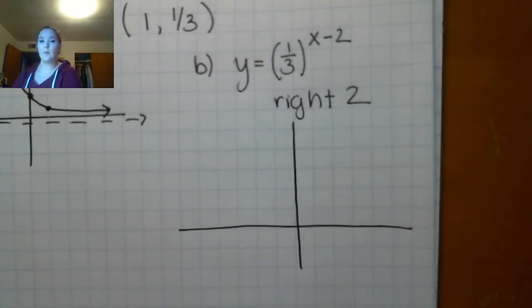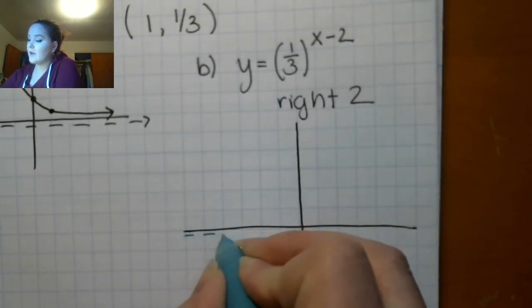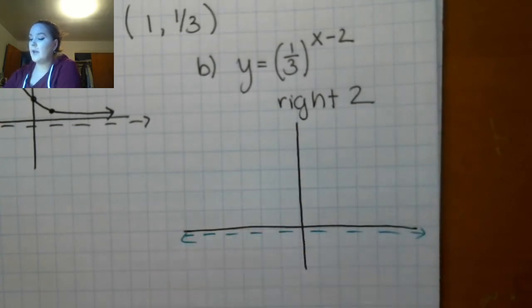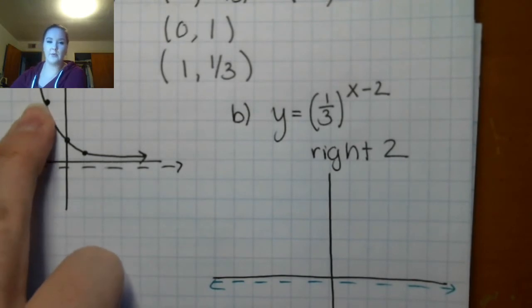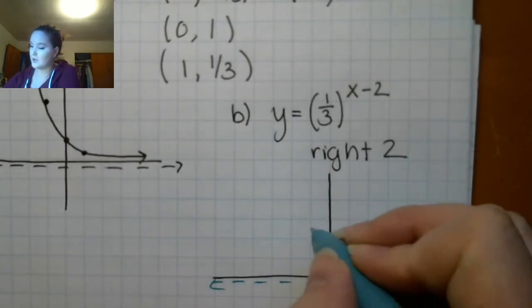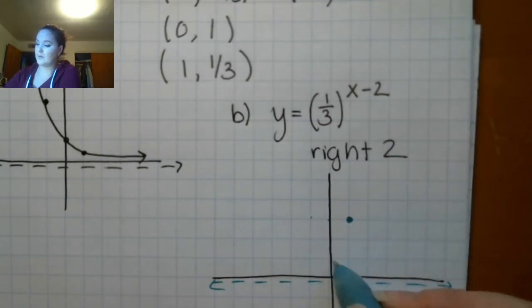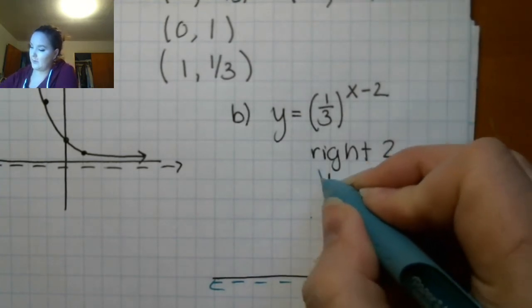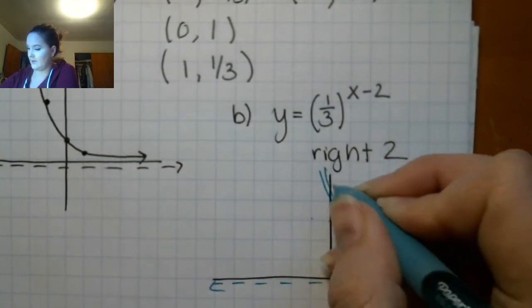So we are going to shift our horizontal asymptote, but it doesn't actually look any different. And then we're going to move all of our key points. So you can see our original key points here. We're going to move them all right 2. So we'll move this one 1, 2, moving this one 1, 2, and we're moving this one 1, 2. And then we're going to graph in, oops, it's not a very good graph,